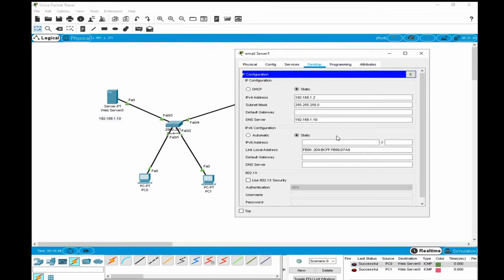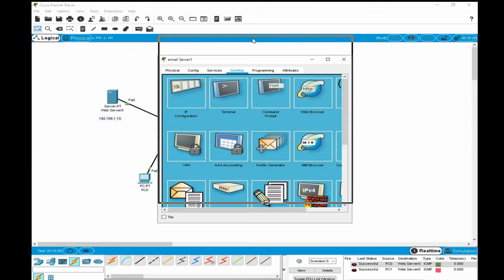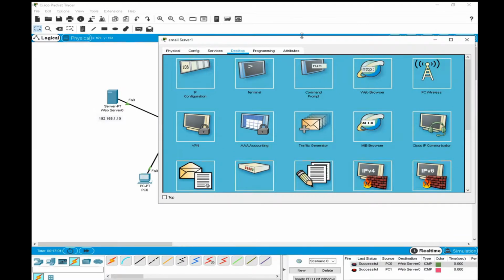Now, once we configure this one, now configure the mail client on the PC and mail services on the generic server. So first, what we need to do, let's say we will configure the users first, in the email server, okay? In the email server, let's say